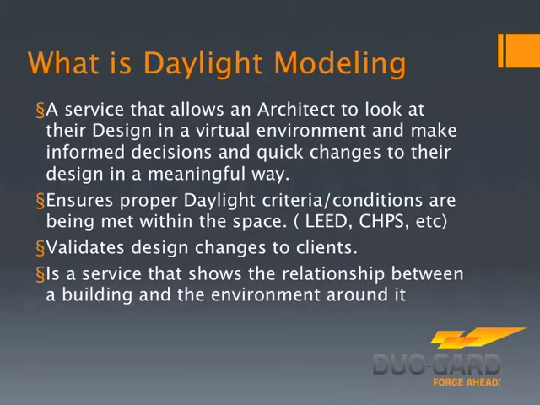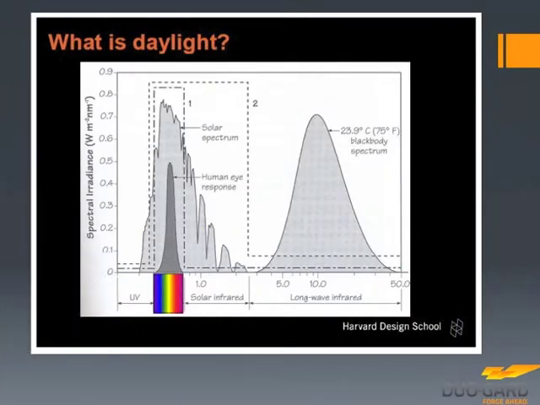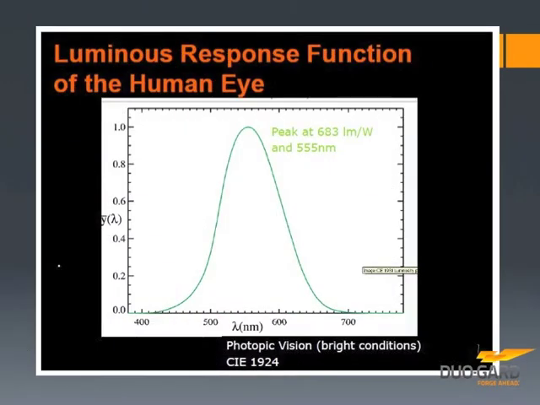A little background information on daylight. Daylight is the visible spectrum between 380 and 780 nanometers. It is the light reflected back to the eye, which is a visible range in green, blue, and red. We're talking about the solar spectrum light, not irradiance or UV light, but the light that can be registered by